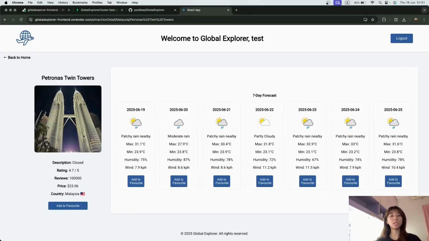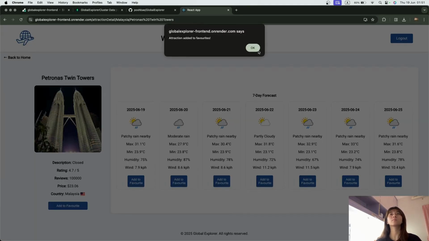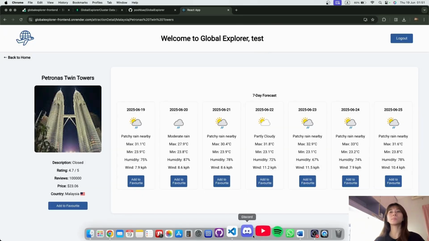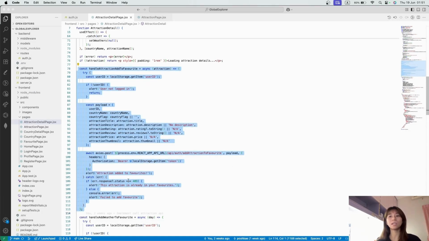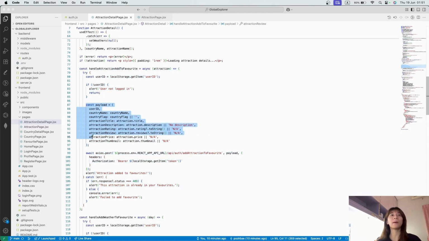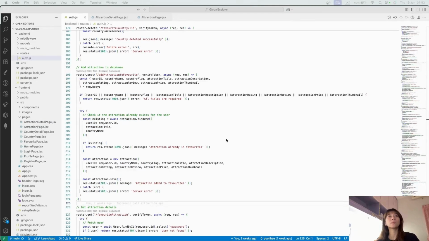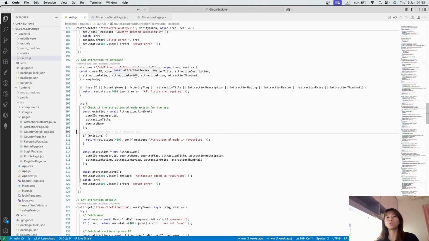From this page, users can also add the attraction to their favorites. The front-end code here sends the attraction details to the backend using this API call. This is the backend route responsible for adding an attraction to the user's favorites. It is protected by the verifyToken middleware to ensure that the user is logged in, and the route first